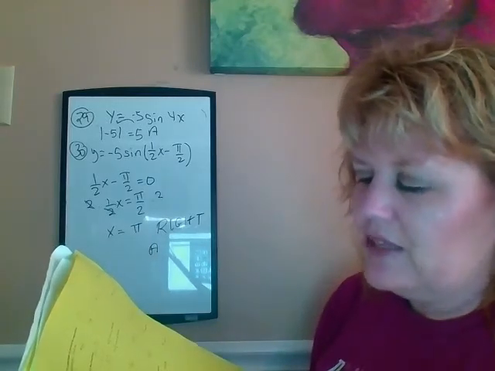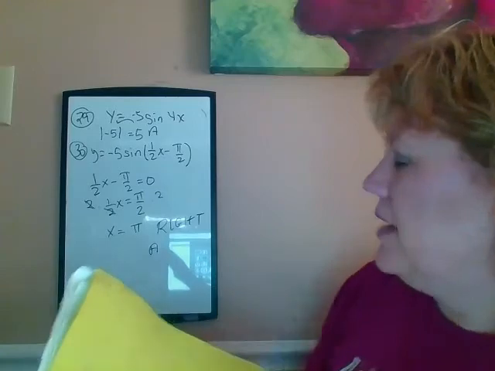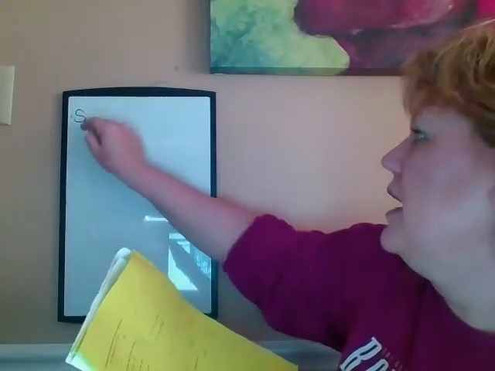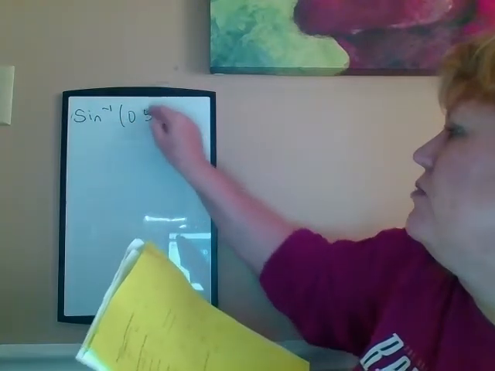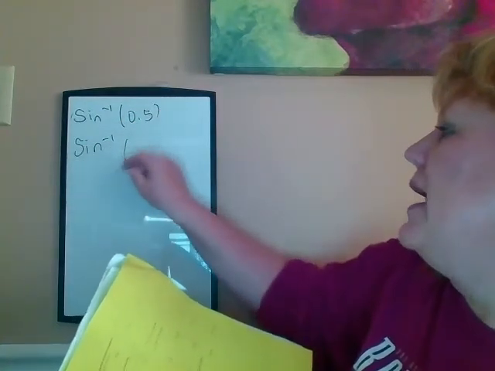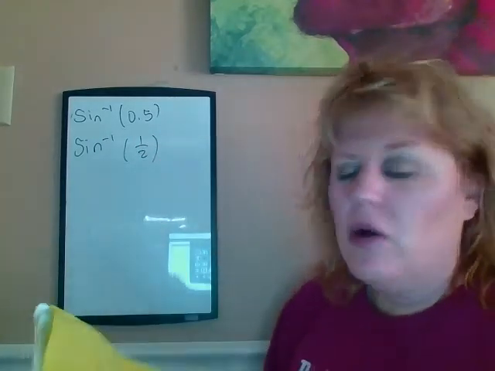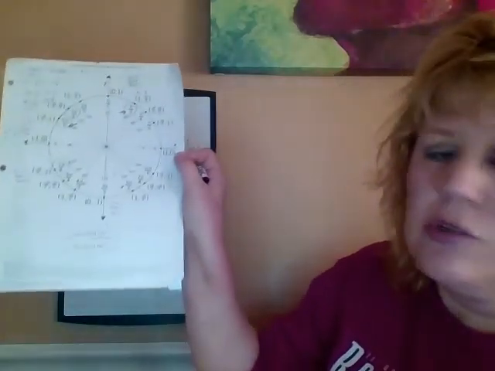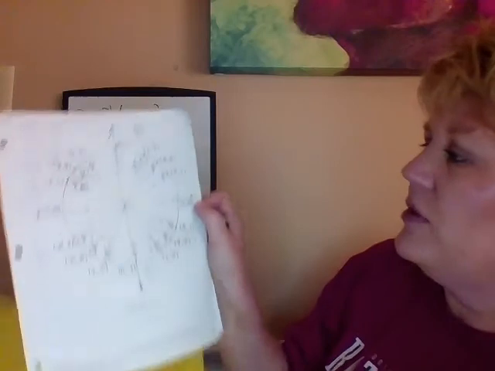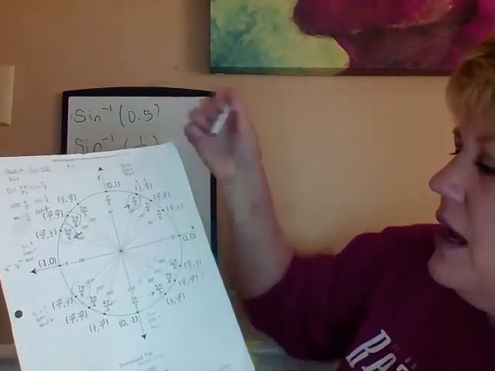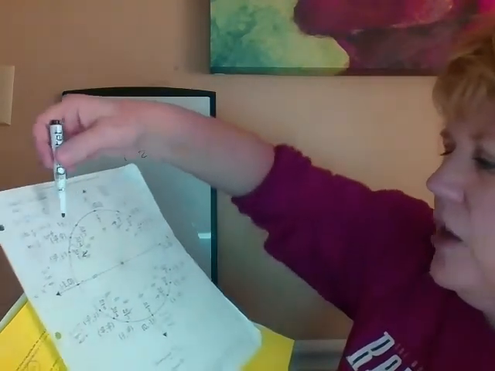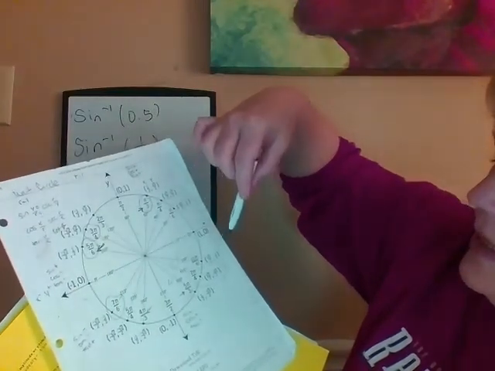31 says find the exact value of the expression, and they want you to find the sine inverse. So they're asking sine inverse of 0.5. What they mean is, what angle has a sine of 1/2? So you can use your unit circle. Where is y 1/2? Well, y is 1/2 here at pi over 6, and again over here at, let's see,